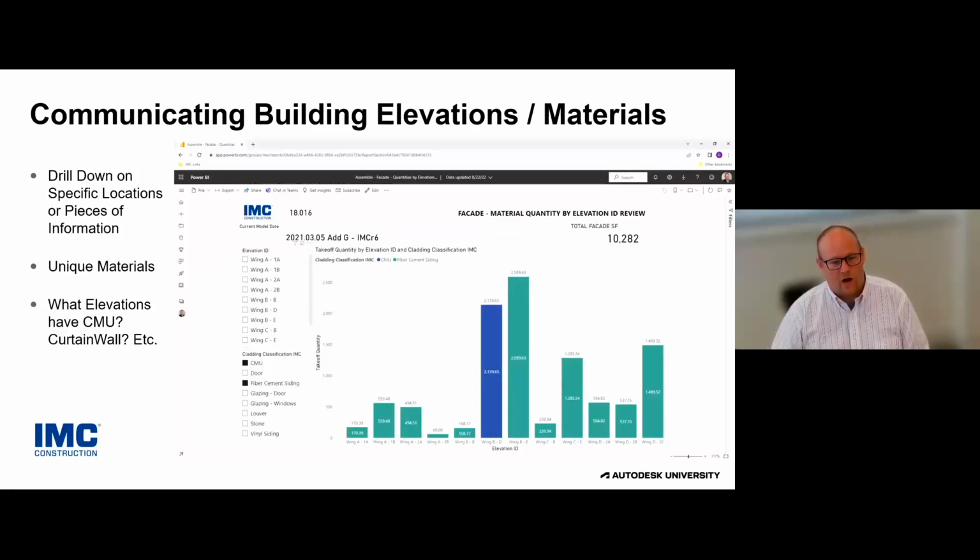This material is not across every elevation, certainly. There's one that has a significant amount of it, and now we're really leveraging that data to start to understand where are the unique building elevations, what are the unique materials that we need to plan for, how much of them is there, what is the manpower, what is the material that we need to order to really start to plan and execute the project efficiently. So on the next slide,